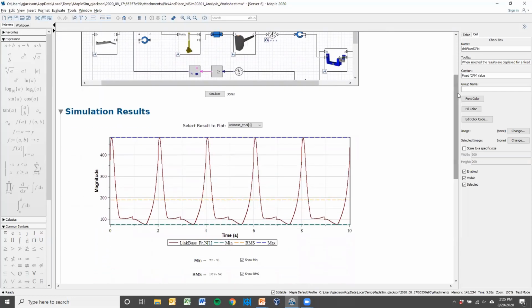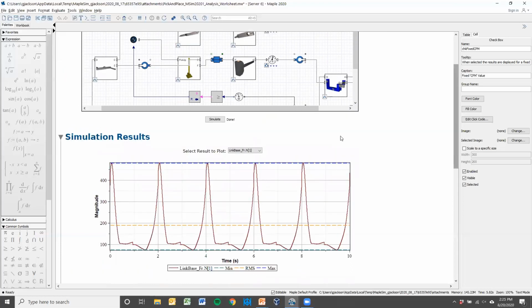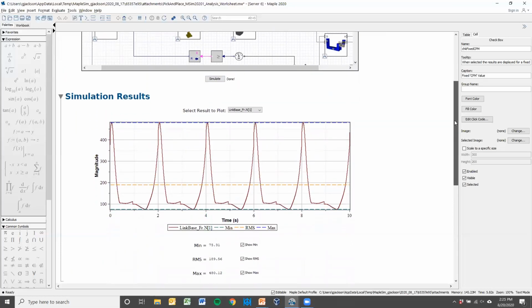So in this template that we made, we knew that the main design goal here was to figure out the different kinds of torques that are going to be required for a particular motor. So we need to figure out what those requirements are. So after simulating this within Maple, come down here,